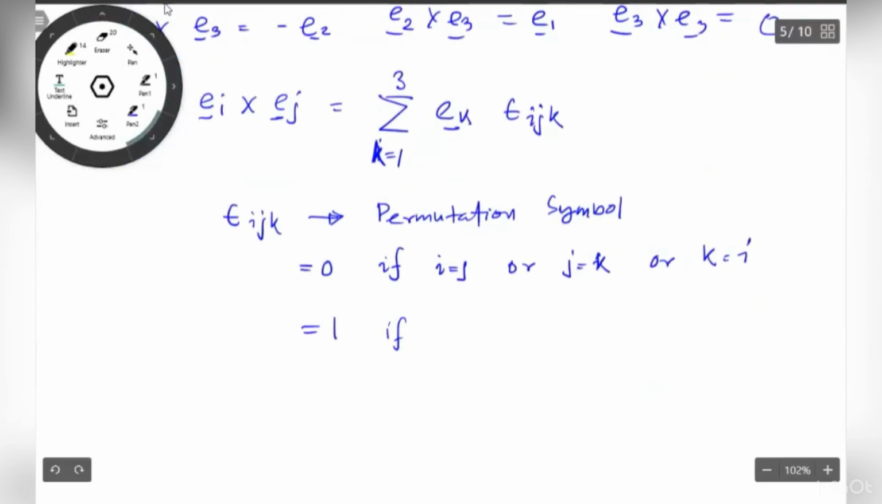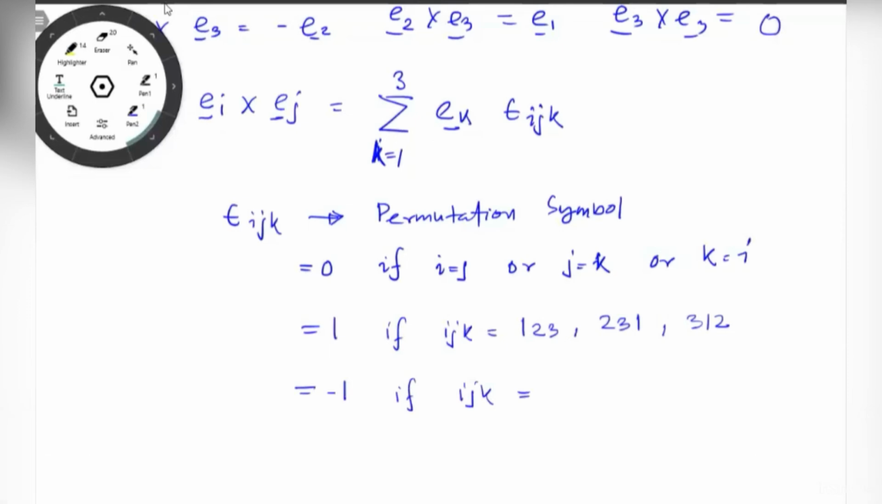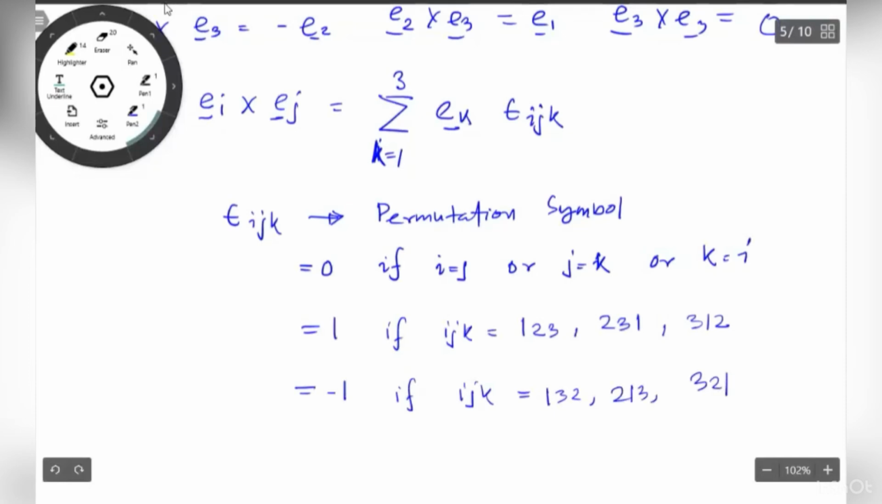if the sequence of ijk that we have is in the clockwise direction: 1 2 3, or 2 3 1, or 3 1 2. It equals -1 if the sequence of ijk is not in a clockwise direction: 1 3 2, 2 1 3, and 3 2 1. Now let's see if we can find